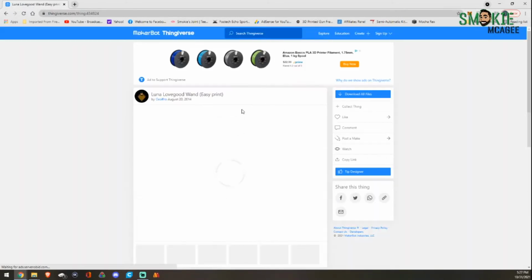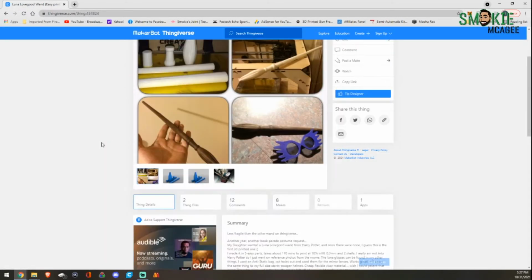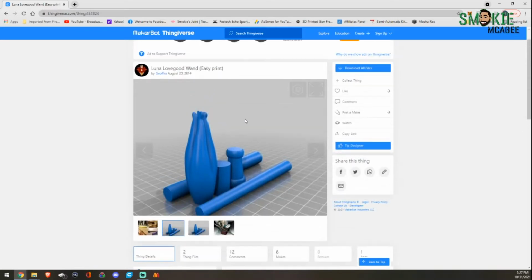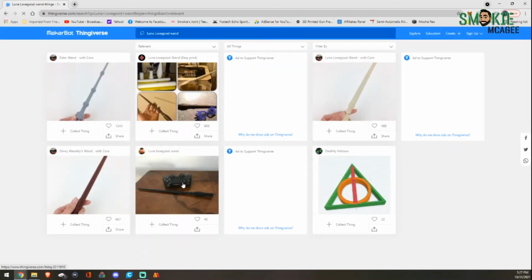I don't like the design for one fact and one fact only. If I click over here, this is what I'm actually printing. There aren't any pins, it's all flat edges. So I'd be gluing each flat edge to each flat edge, which isn't miserable, but it can be done better. We're gonna go back. I'm gonna show you what I'm talking about. We're gonna click on this one